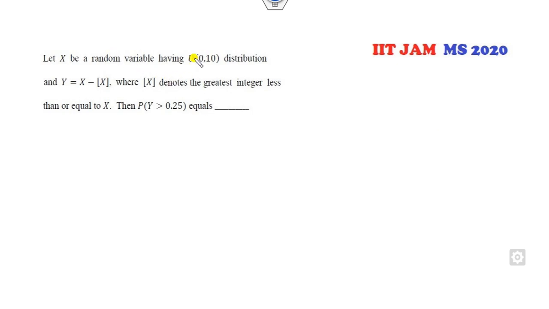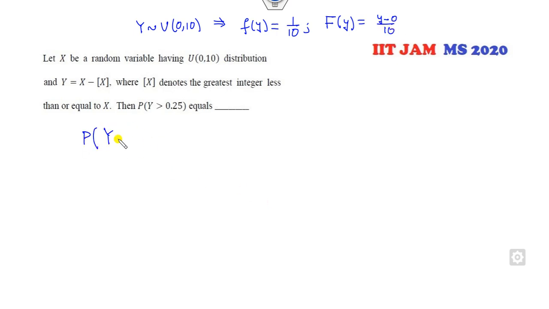Okay, y is my uniform distribution over 0, 10. So can you find the PDF of y? 1 over 10. Once you have the PDF, you can find the CDF also. It's x, sorry, it's y minus 0 over 10. Then your target is to find the probability that y is greater than 0.5. So it means your target is to find the